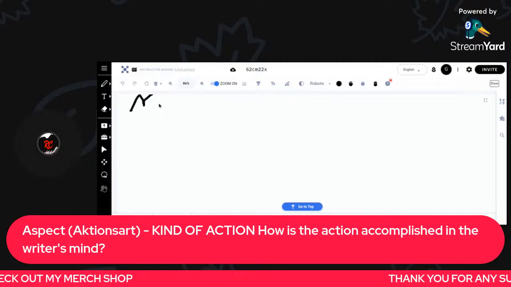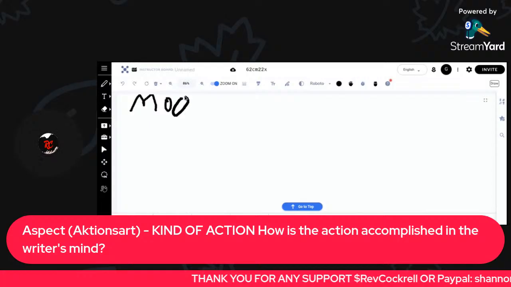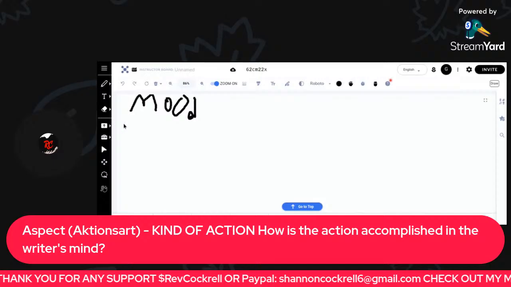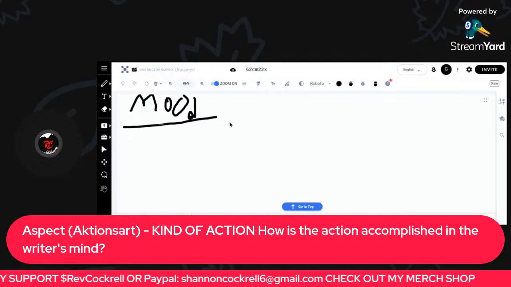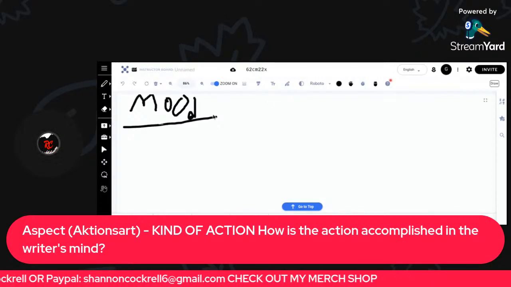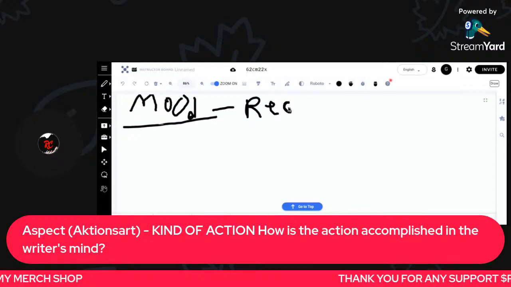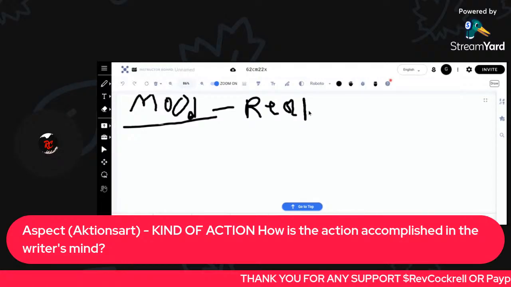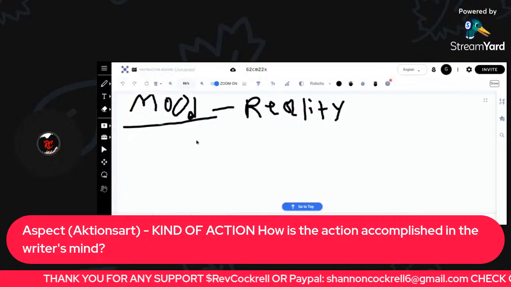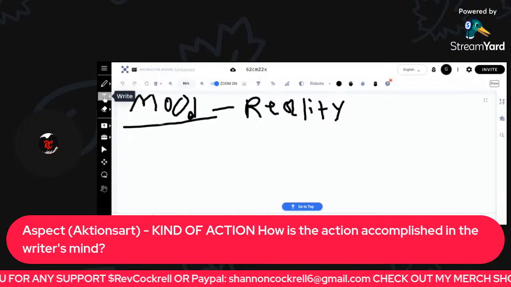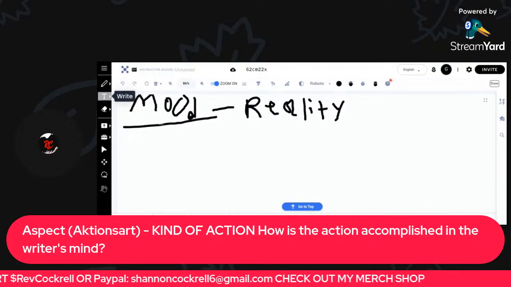Greek also, when we're dealing with verbs, we deal with the mood. Mood is, how is this verbal idea related to reality? So you have indicative,